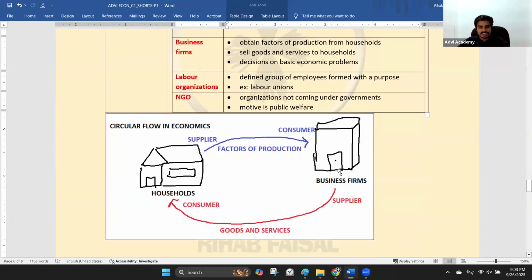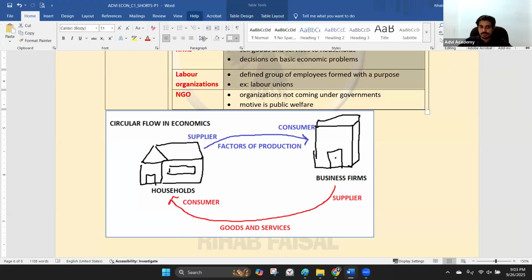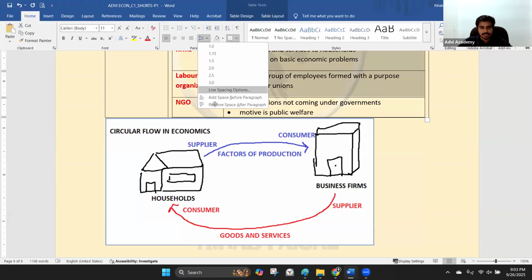Take a screenshot of this as well, and finish this, compile it into your short note, put it into your chapter 1 file, and then study this before you do your past papers. That will actually help you to do your past papers faster and also better. Because that's the whole point of doing this short note. There's no point of doing it otherwise.